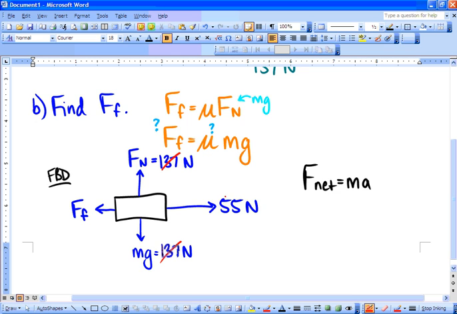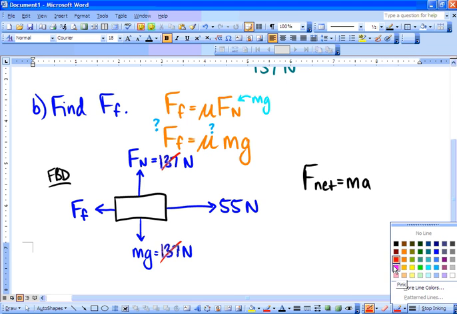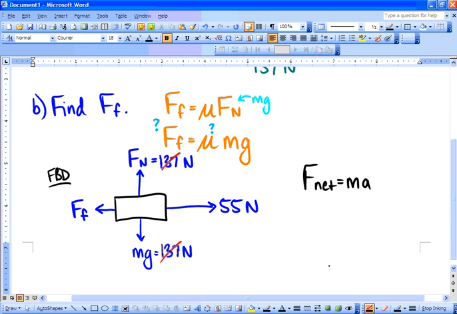And now what we're left with is this tug of war. We've got 55 newtons to the right, which is pulling or fighting against this force of friction going to the left. So remember, if we're going to use a free body diagram to find F net, and we've got a tug of war going on like we have here, that tug of war simply means subtract. So I've got 55 newtons fighting against the force of friction,